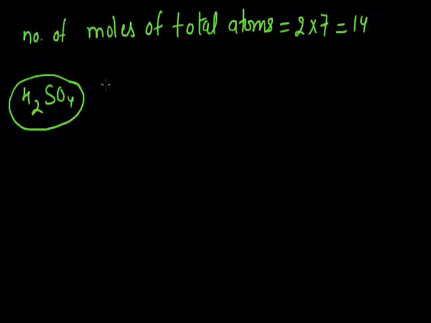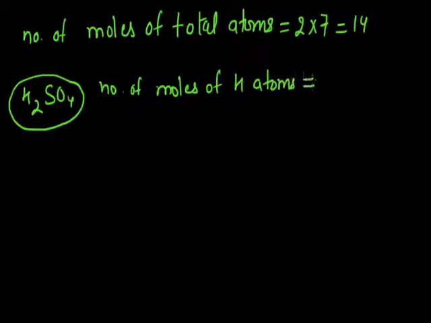Now we will find out individual moles. Firstly, number of moles of hydrogen atoms. As we know, one molecule of H2SO4 contains 2 atoms of hydrogen, so 2 moles will contain 2 into 2 is equal to 4 moles of hydrogen atoms, and